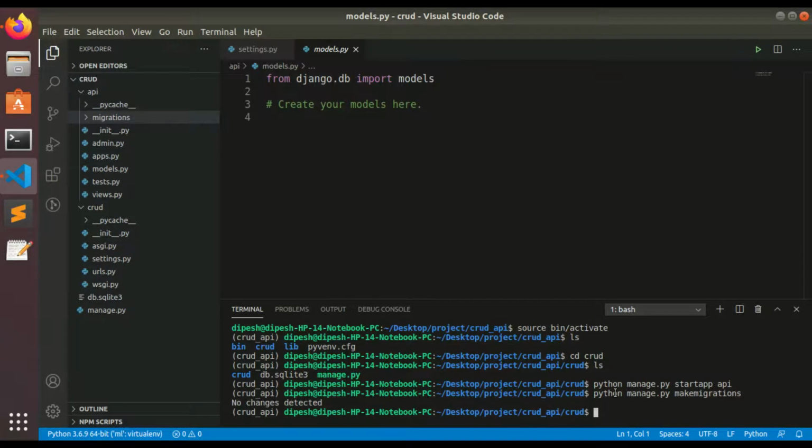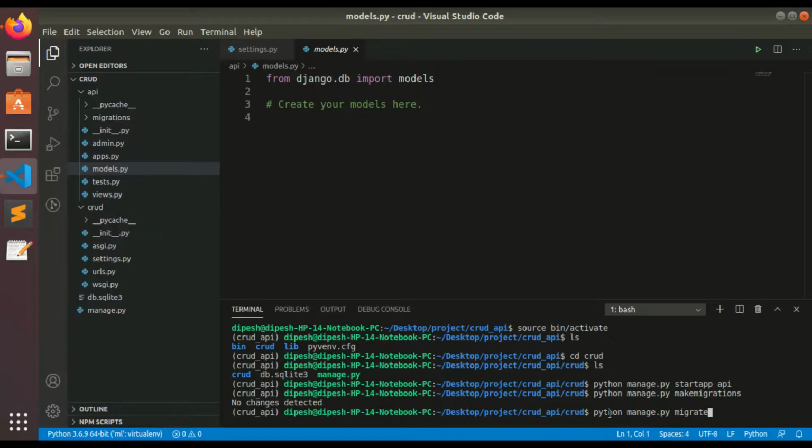Here we have not built any model till now, so there are no migrations to be made. So "No changes detected" is shown in our command. Django has a built-in admin panel which has a user interface and which you can use to manage the data which you would be showing to the client. We'll be migrating that admin panel into the database by using the migrate command.